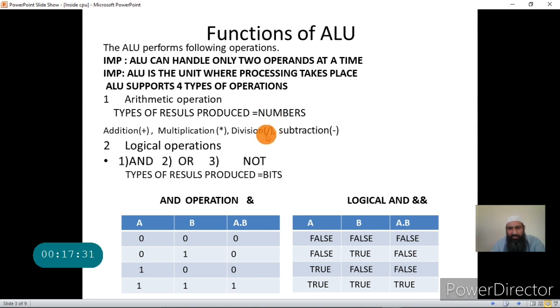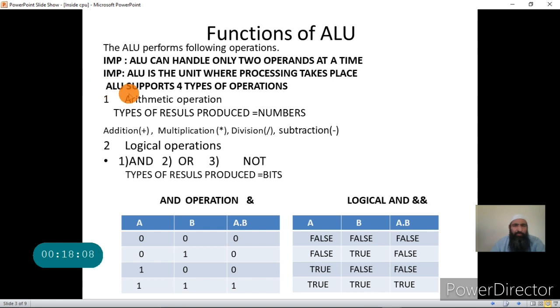Similarly, you will not see the symbol for division. Division is indicated by a slash. Subtraction is indicated by the symbol that we use already. So addition and subtraction have the same symbols as in mathematics, but for multiplication and division we have different symbols in C, that is asterisk, the star, and a forward slash for division. This is important, and you should not confuse yourself, because these are the same operators as in mathematics. Their function is the same, but their representation is different.